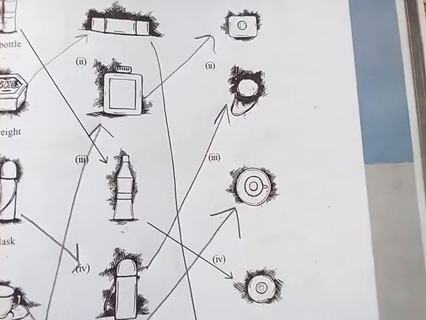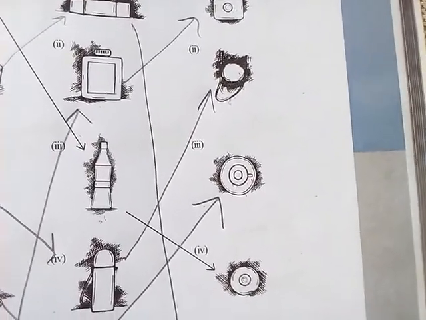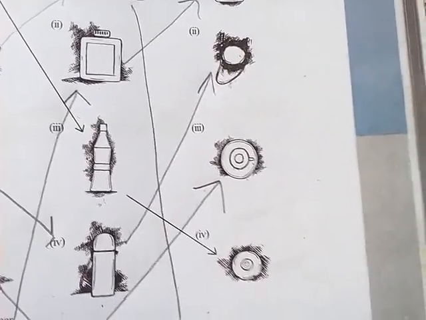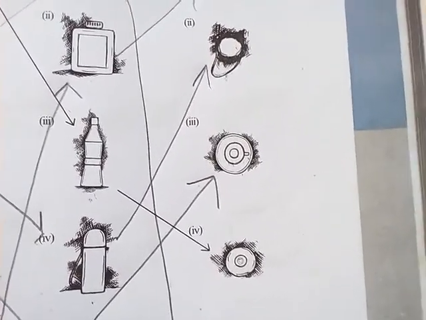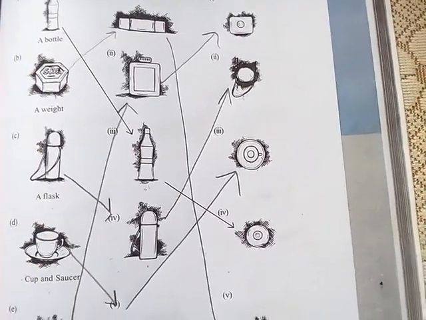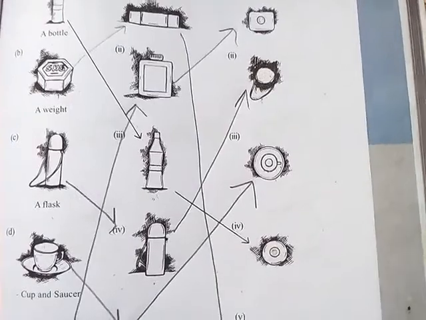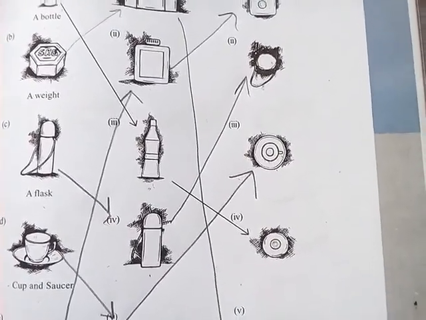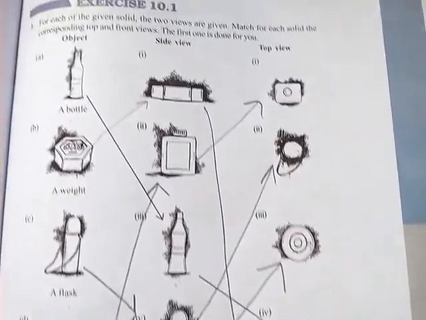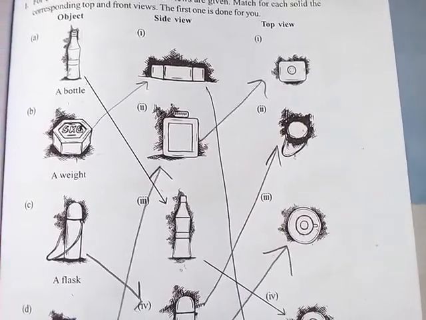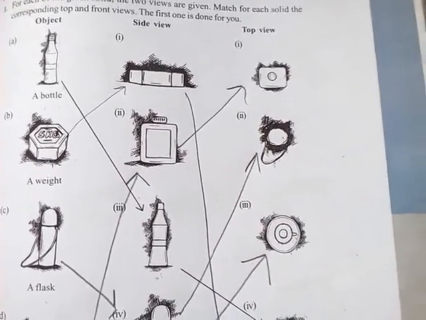So what you have to do is look at the picture from the front view, सामने से देखना है आपको, side view आपको साइड से देखना है कैसा दिखता है, and the top view, you have to see the picture from the top of the object. So how the object is looking, you have to draw it in your notebook, right? So I am giving you a worksheet, and you have to just watch the top view, side view, and front view of the picture, and draw it, right?